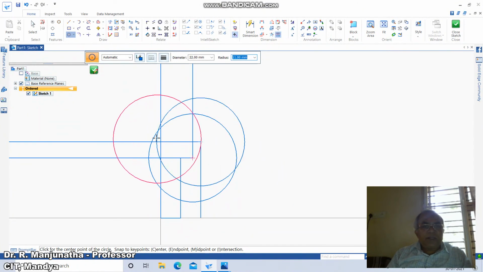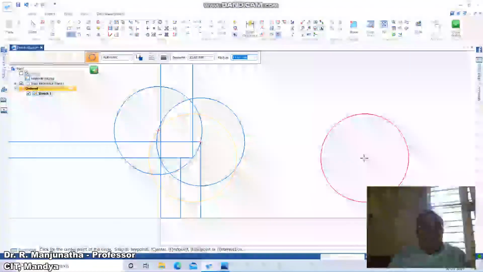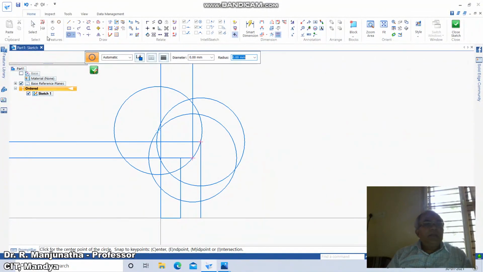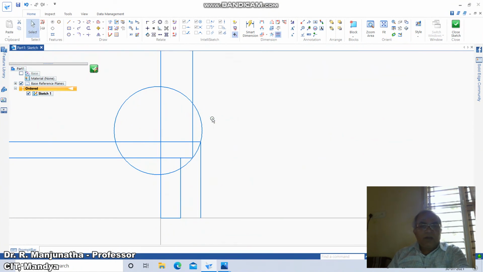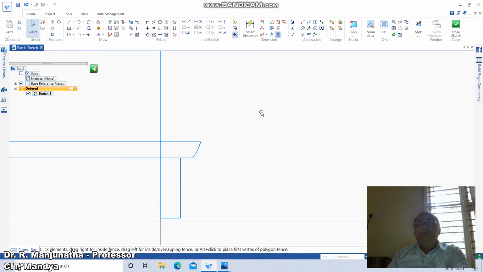We'll go to get the center, and from the intersection point of this, you create this arc. Then you select and delete this arc, and also this arc. Then delete this, and also this, and then trim this side and also this side, and then select this and delete it.